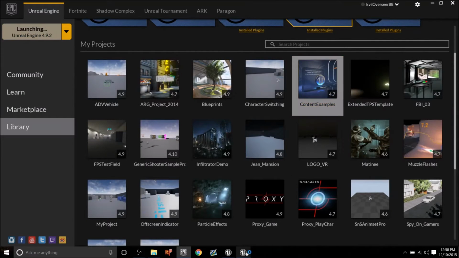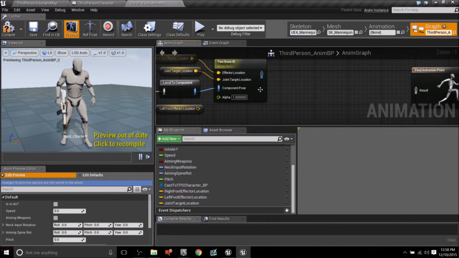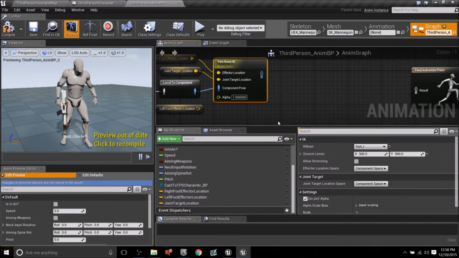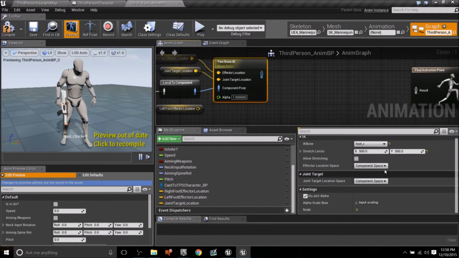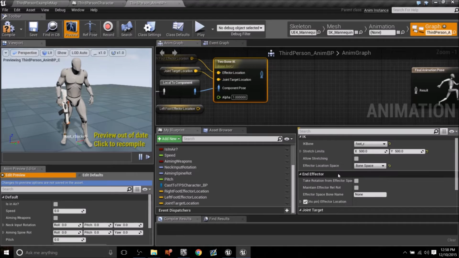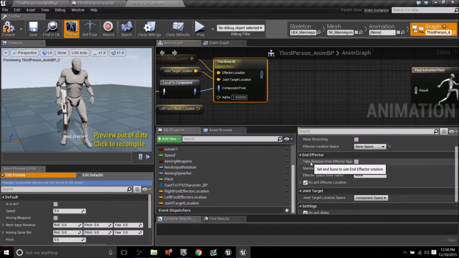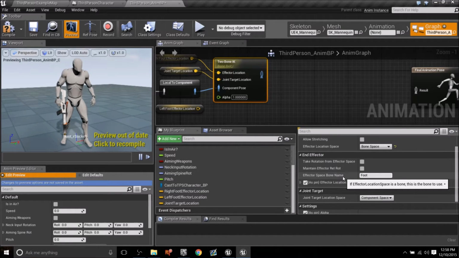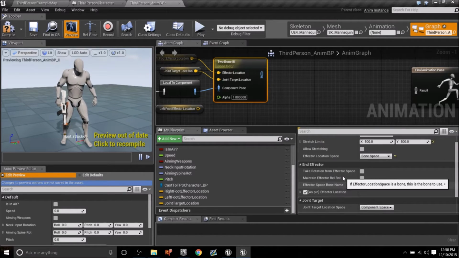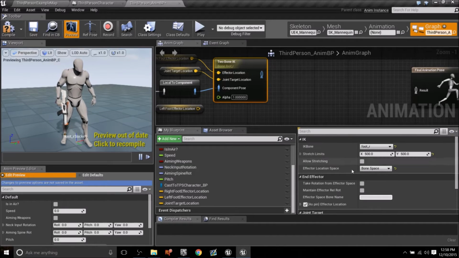Simply so I can show another example of something, let's keep on building this. We want this to be manipulating not the component space, but our bone space, and it's going to ask for our end effector location. We have one. It's actually going to be our foot right. Oops, again, I'm not spelling this right, so let's go to foot